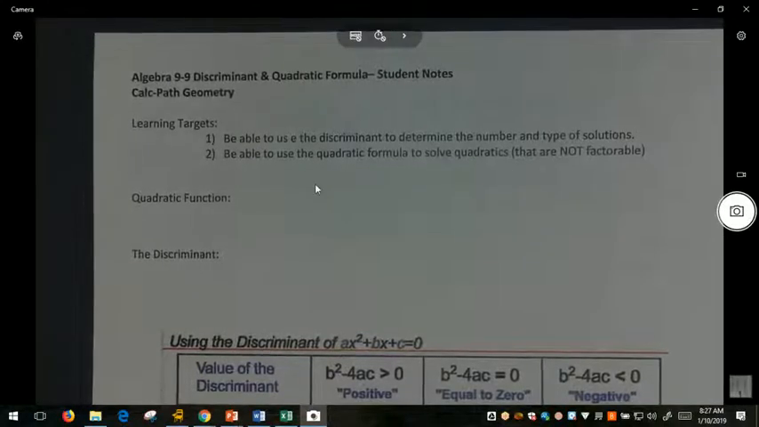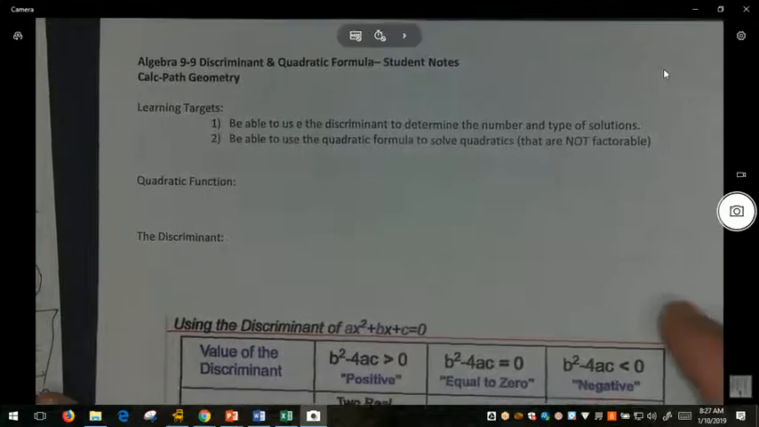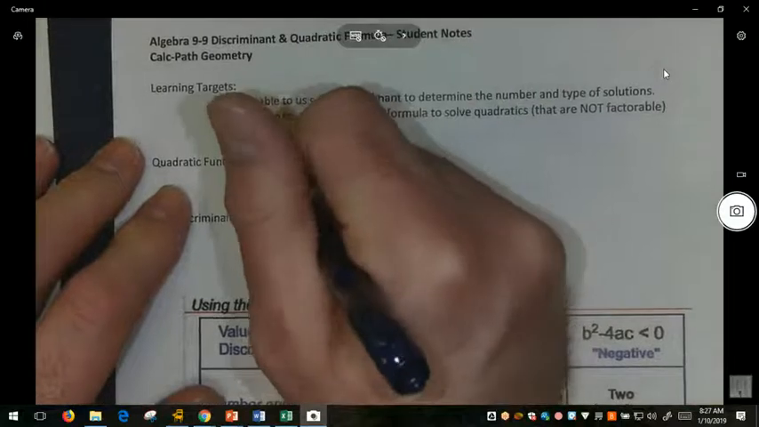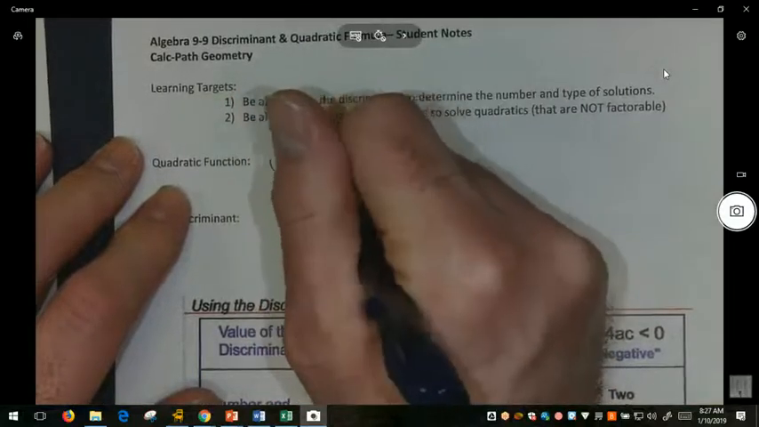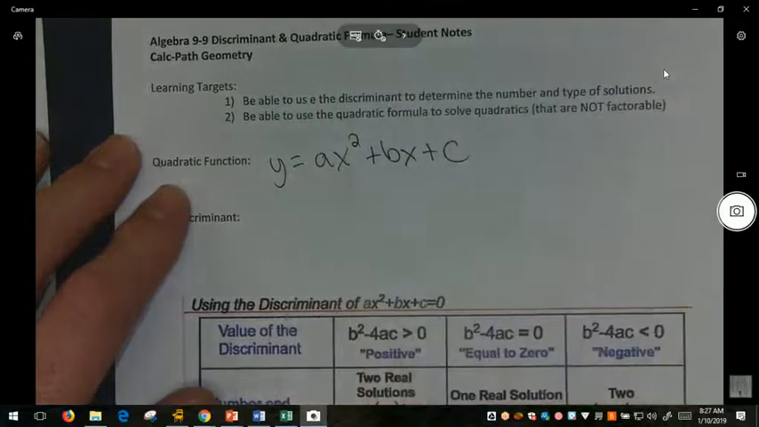There are quadratics. So far, right now, we know how to solve them if they're factorable. But there are lots of quadratics out there that are not factorable, and when they're not, we have to use another method. We have a couple different methods, and the one we're going to be covering is the quadratic formula. A quadratic function comes in the form y equals ax squared plus bx plus c, where a